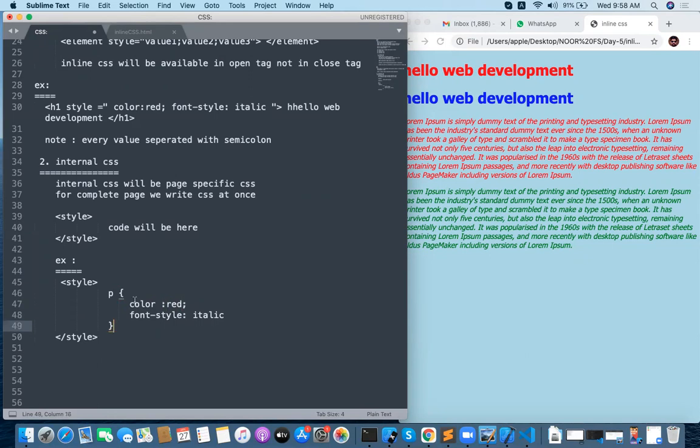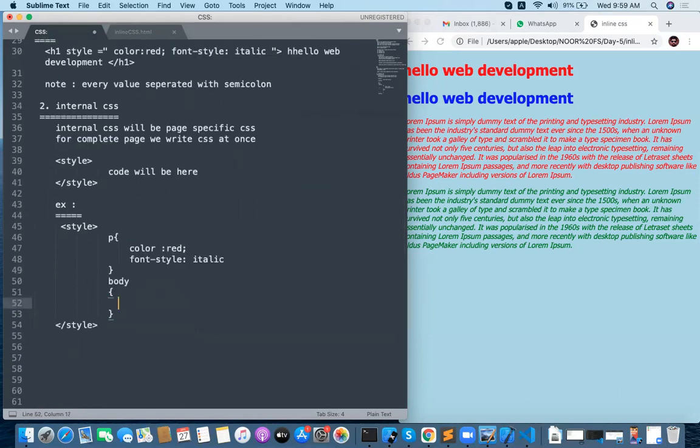This is the common CSS. And this is the element, we are specifying which element I want to apply the CSS to. And for that element, we write some properties and values. And let me take the body CSS now. So body is the representation. And for the body, I want to give a color. For body, I want to provide a light blue background color. Light blue. Okay, fine.